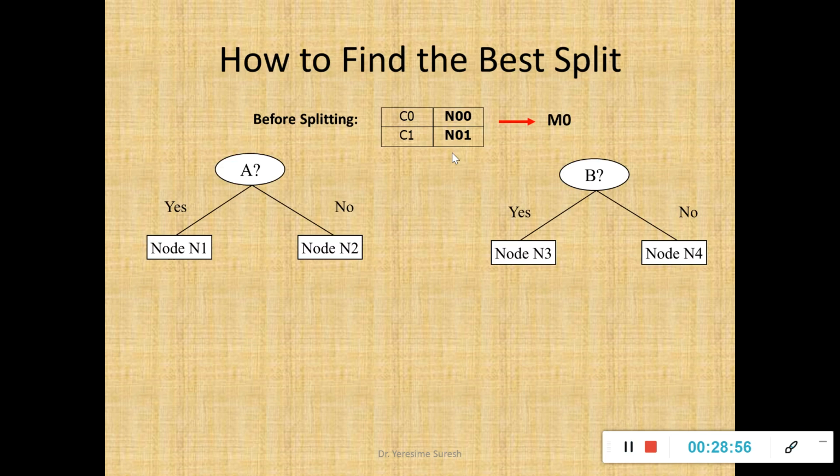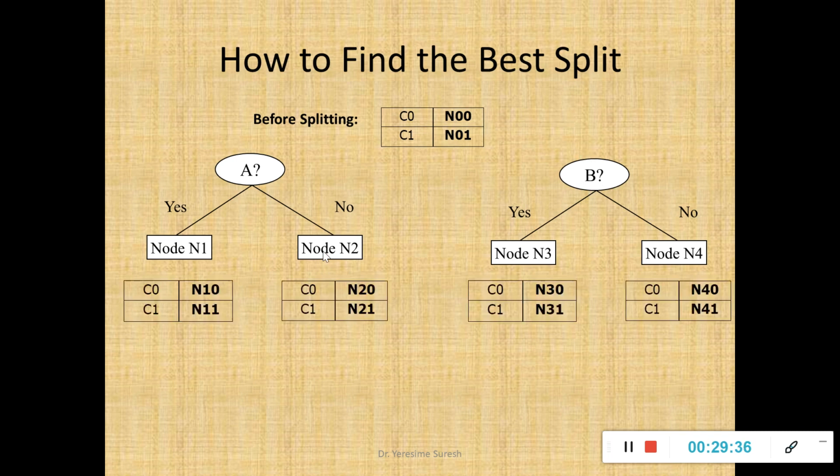So this is part of the second step of your algorithm, where I am supposed to select the test attribute condition by finding the best split. How to find the best split? Before splitting, I have 2 classes, C0 and C1, and I have the respective nodes N00 and N01 for the C0 and C1 classes. That measure that I find, I'll call it M0, the initial value. And I assume that there are 2 ways of splitting a given node, A and B. A is split into 2 nodes, node 1 and node 2, with respect to the attribute values yes and no. Similarly, the attribute values yes and no for B are split as N3 and N4.